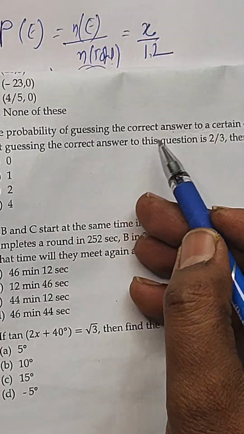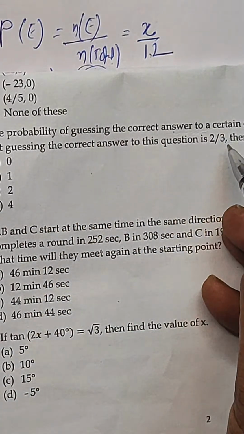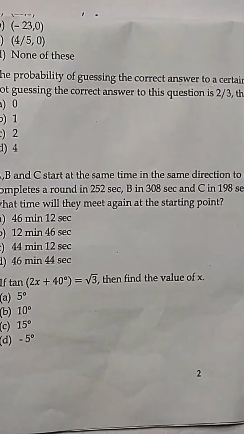The probability of guessing the correct answer to a certain question is x by 12, and the probability of not guessing the correct answer is 2 by 3. Then find the value of x, right? We did it. Now